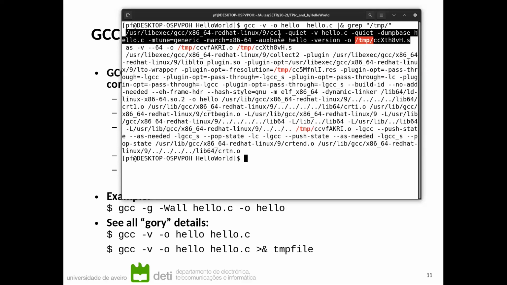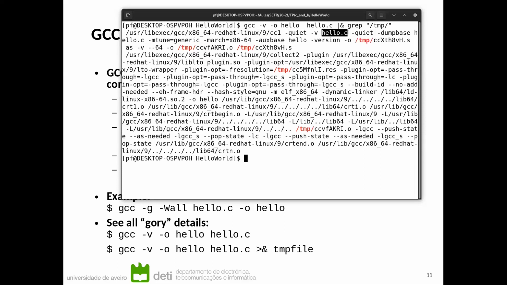I have cc1, which is the C compiler that's compiling the file hello.c here, and it's producing the output in a .s file in the temp folder. Remember that .s are assembly files. Then I have a program called as, which is the assembler, which takes this assembly language file .s and converts it into an object file.